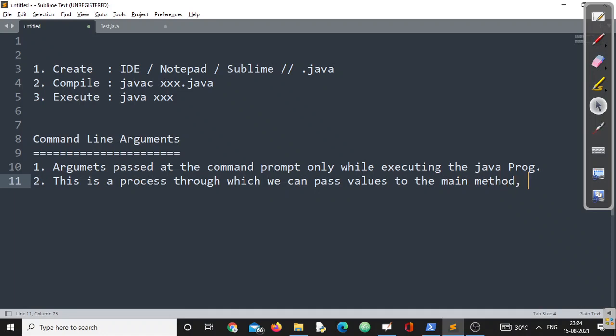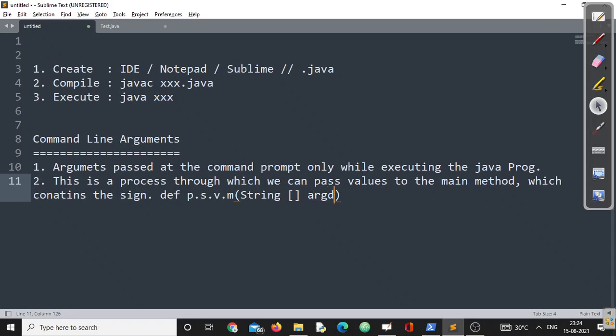If you want the complete notes, this is not the only process through which we can pass values to the main method, but only to the main method which contains, remember this point, this point is very vital, the signature definition. The signature definition means it should contain public static void main followed by String args.